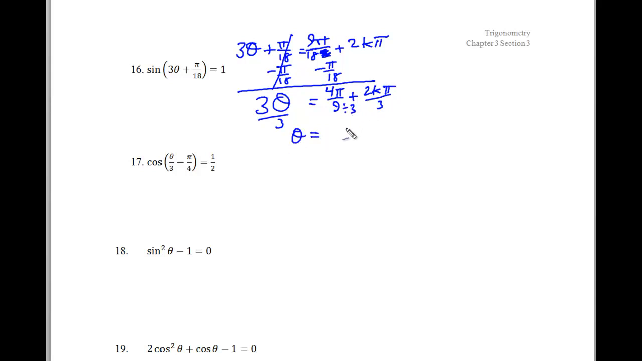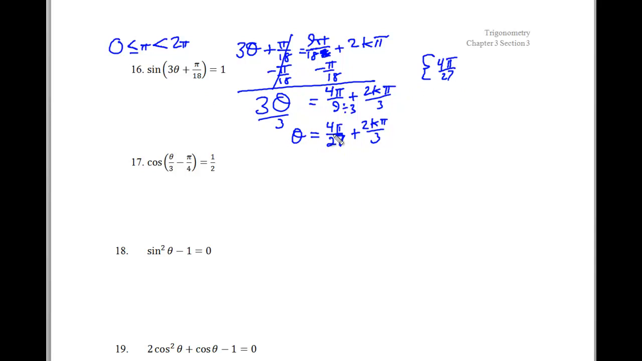So my theta is going to be equal to 4 pi over 9 divided by 3, which is the same thing as multiplying by a third. So I have 4 pi over 27. Then what I'm going to get is 2k pi over 3. So what I have to do, since I'm looking for my answers between 0 and 2 pi, not including 2 pi, is see how often 4 pi over 27, which happens to be the first of possibly many solutions,